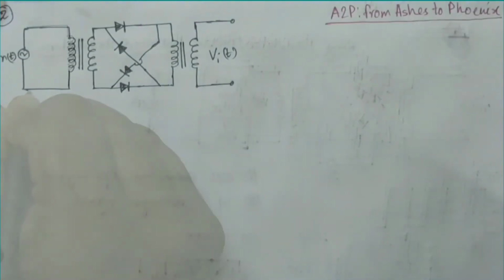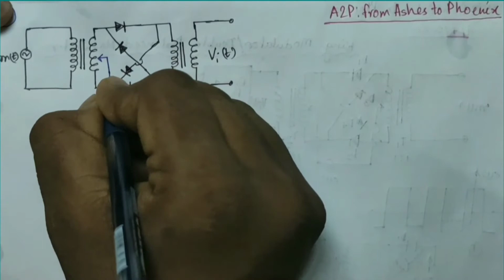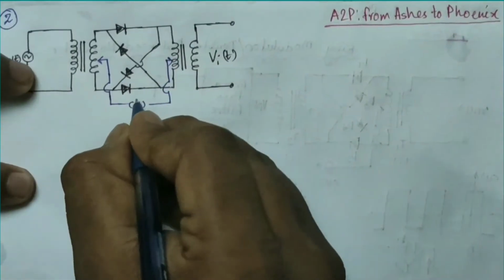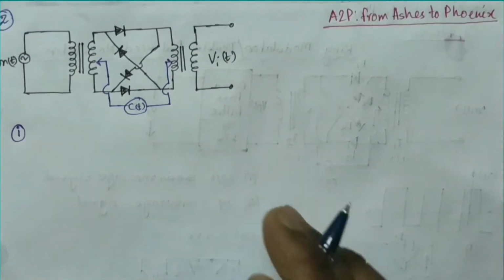Now let us come to the case which we are actually concerned with, that is using both the carrier signal and the message signal. So let us introduce the message signal. This is the circuit in this case. The carrier signal is used at these 2 points like this. Now let us see what happens in the positive half of the message signal.